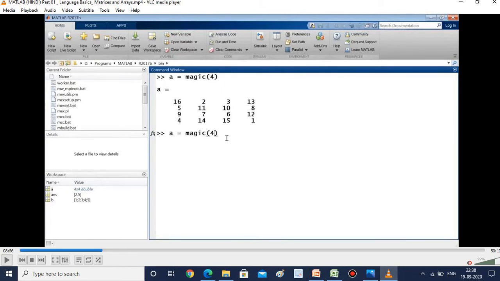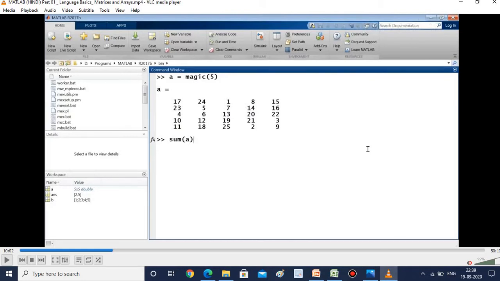You can generate magic of 3 also. So 8 plus 1 plus 6 is 15. Even if I add the second row, 3, 5, 7, I get 15. Even if I add the columns and the diagonals, I get the same; likewise some logic is followed. You can also generate magic of 5, and any magic of 5, with diagonal addition and subtraction, the logic may be followed.